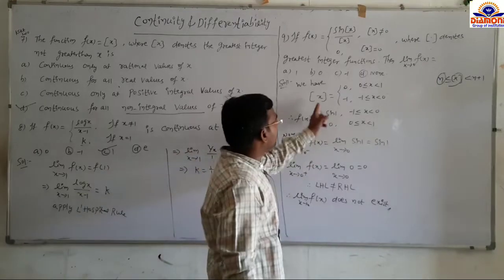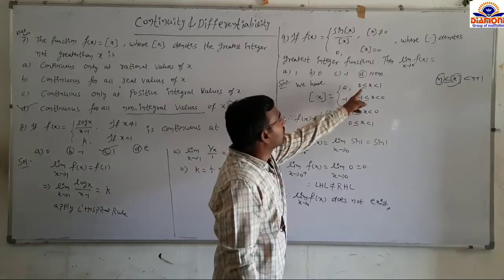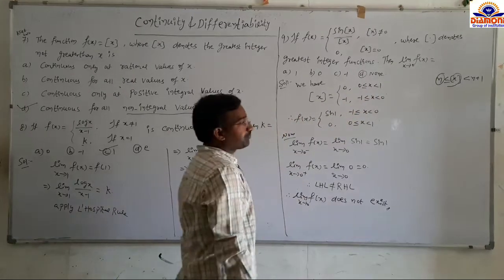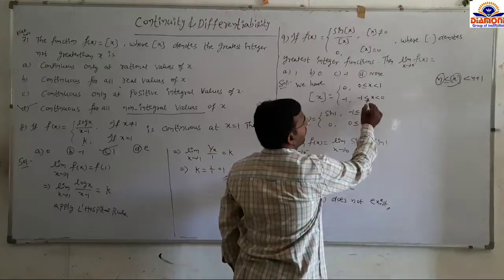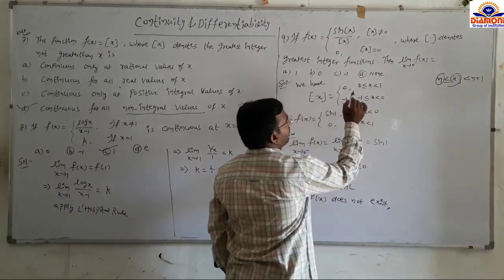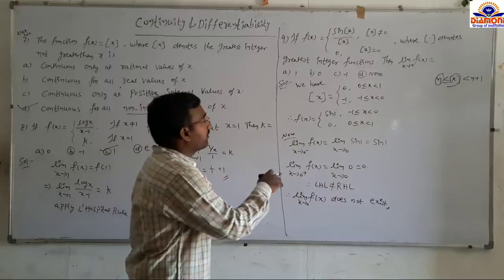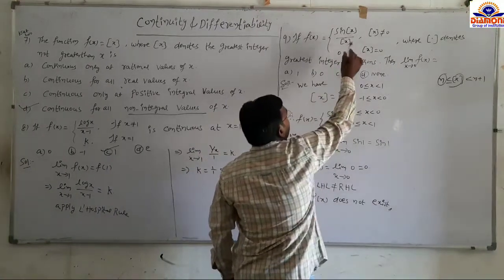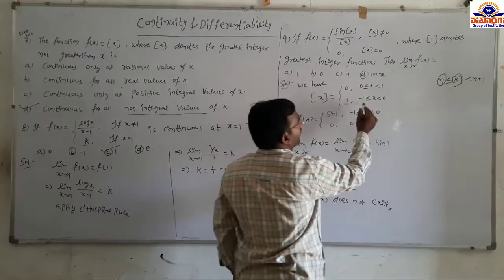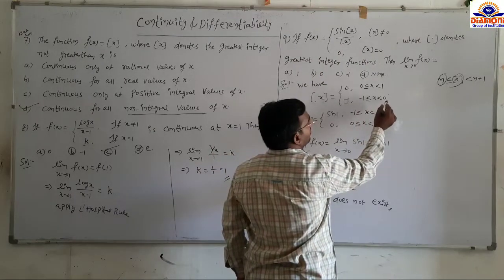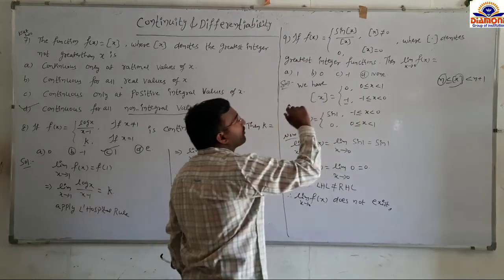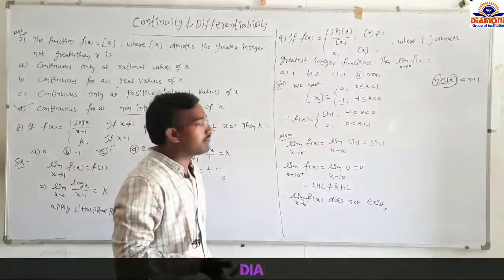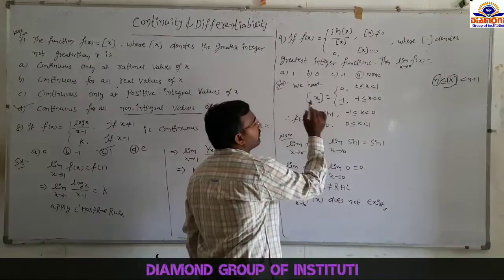So here step x equal to what? If 0 is less than or equal to x less than 1, then its value is 0. If you take minus 1 is less than or equal to x less than 0, at that time you can take minus 1. So substitute here, what you get in the f of x equal to, what is the function? Sin of step x by step x. If you take minus 1 is less than or equal to x less than 0, at that time step x value is minus 1. So sin of minus 1 is minus sin 1. Minus sin 1 by minus 1 is nothing but sin 1. So function is sin 1.